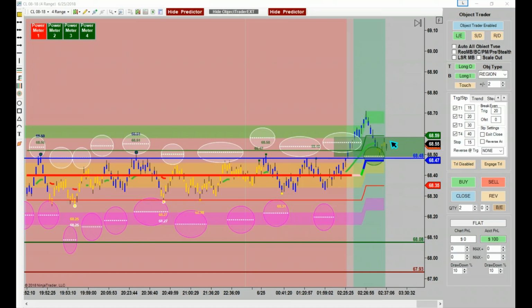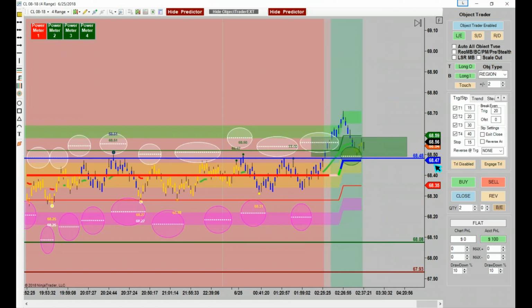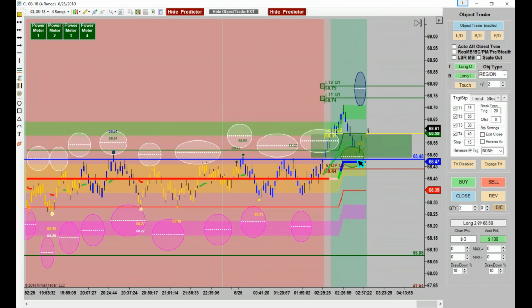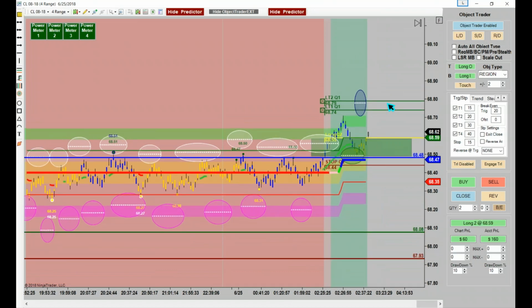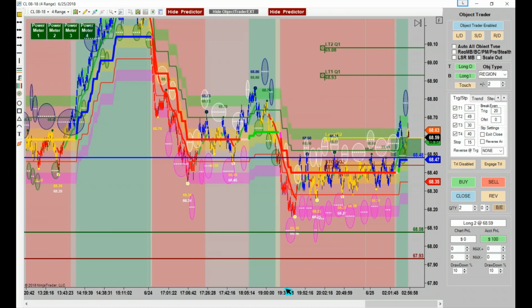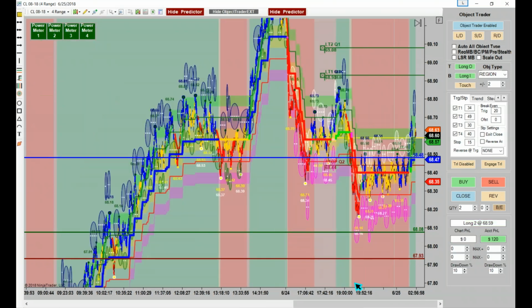Now we've got a perfect little box. Looks like we're not going to get it down here like we wanted. It came close. That's okay. Let's see where it's heading real quick by our analysis that I'm going to teach y'all tonight. Okay? Because this is really important too. Okay, let's see here. We had a thrust, retrace, thrust. Okay, we've had